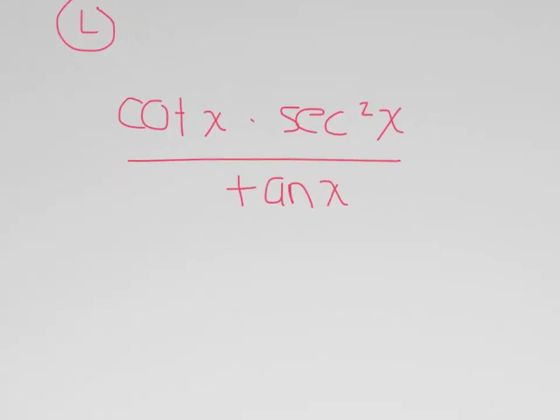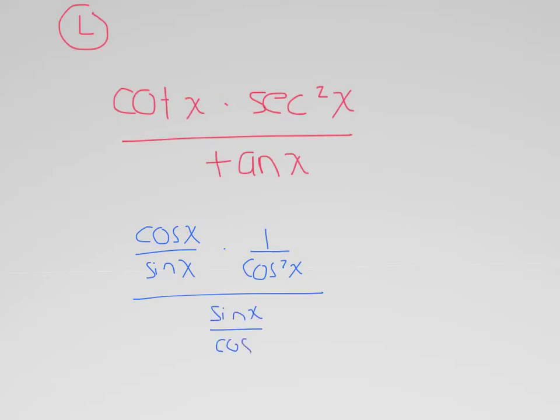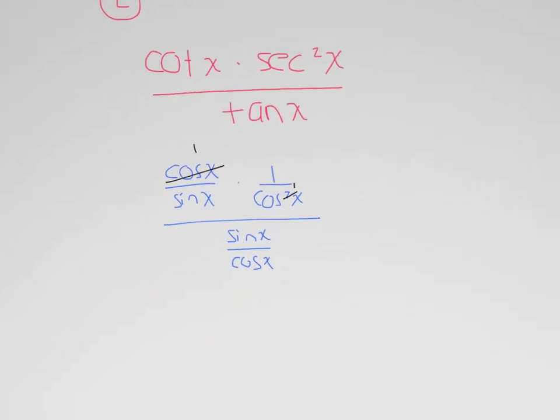What I'm going to do is switch to sines and cosines. Cotangent is cosine over sine. Secant is 1 over cosine squared x. And then tangent is sine over cosine. Here, this reduces and I'm left with 1. And I end up with 1 over sine x, cosine x over